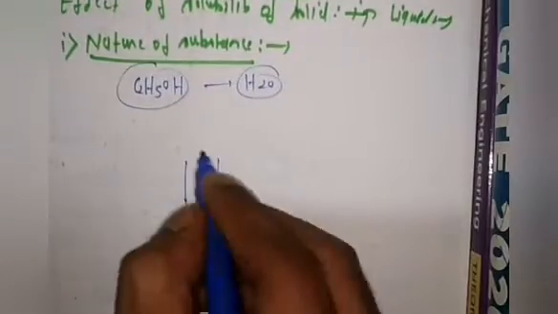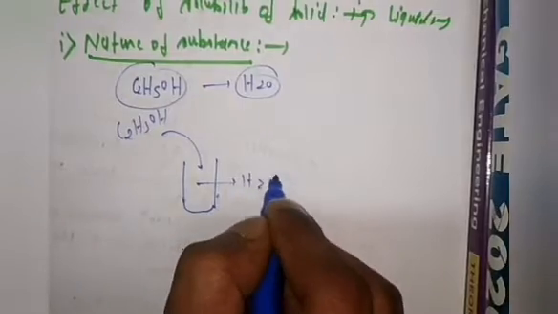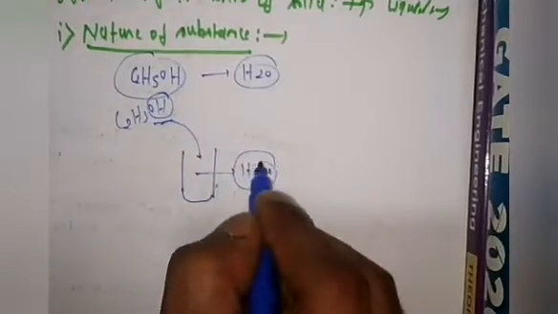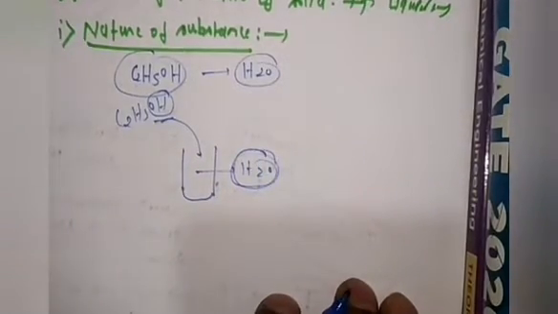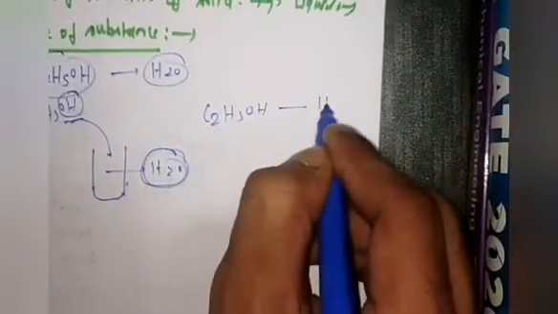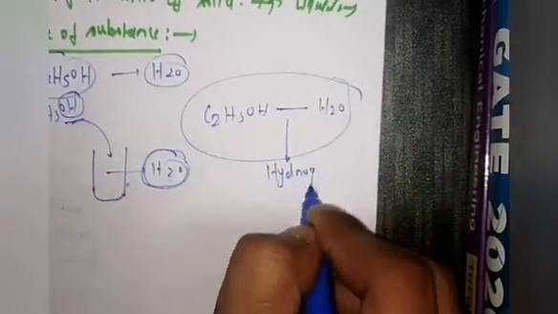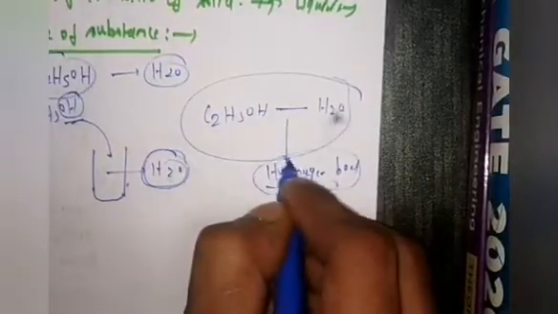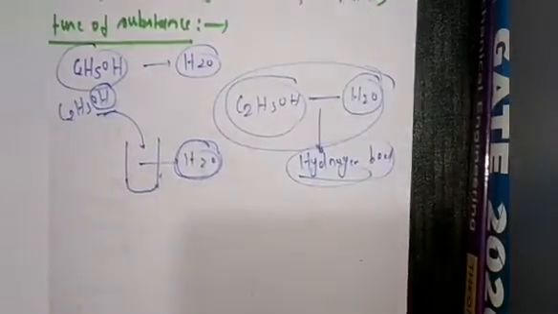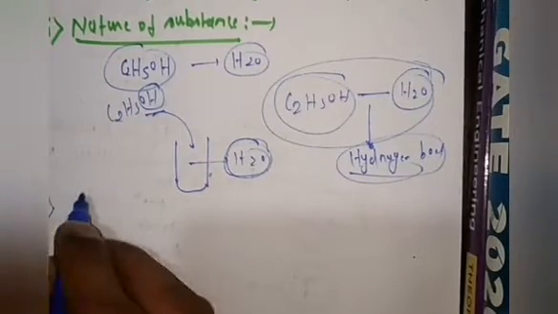If you are going to add ethyl alcohol C2H5OH into the water H2O as a solvent, then what used to happen? Again here you see the OH group, OH यहाँ पे functional group है, and in water H plus OH minus. So what used to happen? Again these C2H5OH molecules and H2O molecules used to get bonded with hydrogen bond. Okay, hydrogen bond. And due to this formation of hydrogen bonds between C2H5OH molecules and H2O molecules, the C2H5OH used to get dissolved into the H2O. Okay. Now, second thing is that similar molecular structure.